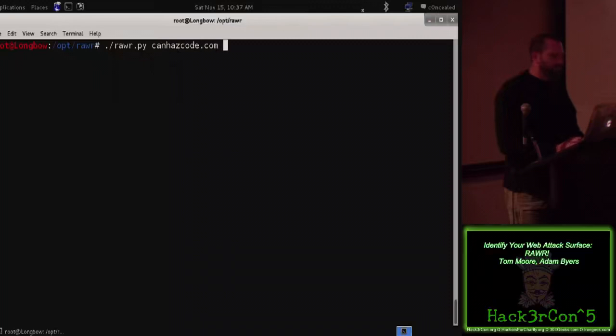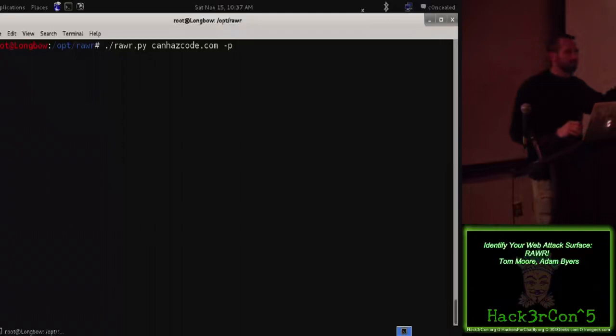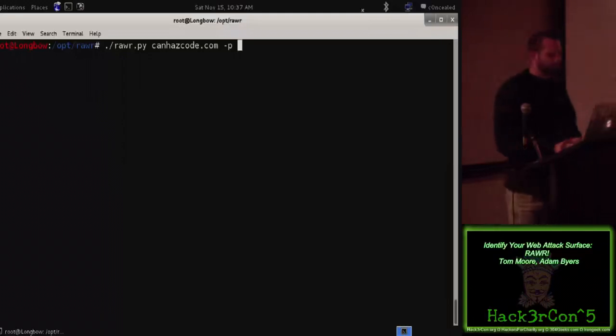And I'm going to do a -P for the ports that I want to run. How many of you have heard of the FuzzDB database? They have a list of ports for common web services. We're just going to feed it FuzzDB. But this will also take the common nmap arguments. So 80, 443,